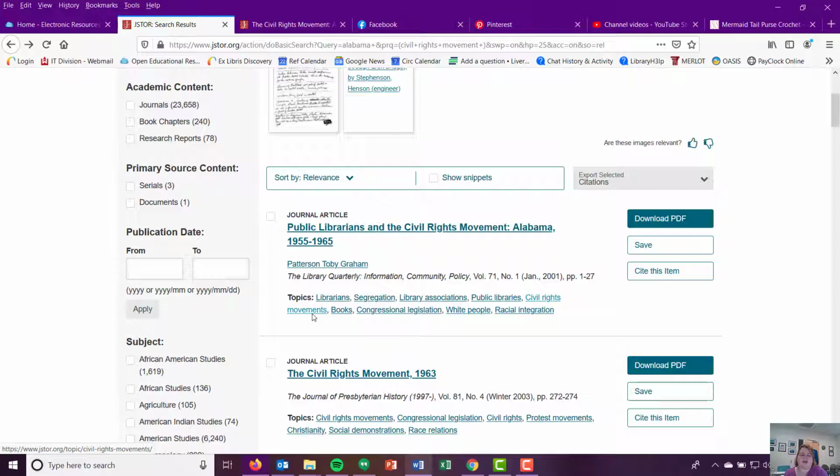99% of the time you're not going to find that here. This brings back files of older issues. That's one of the reasons it's really good for humanities and history research. If we're talking about the civil rights movements, we don't necessarily need things published within the past 5 years. Stuff going back 5 decades could still be relevant to our research. So definitely a back file, so keep that in mind.